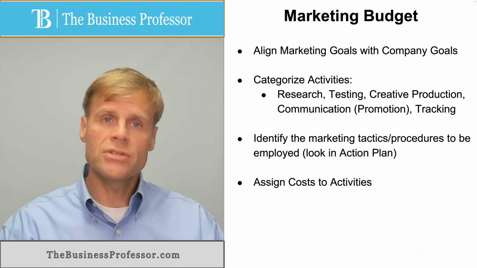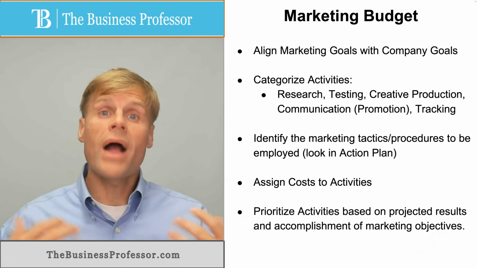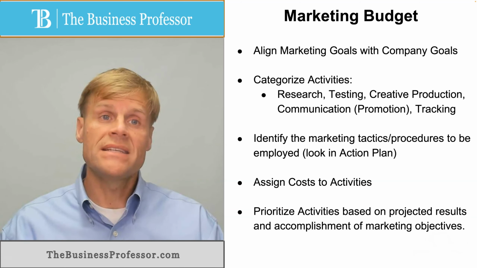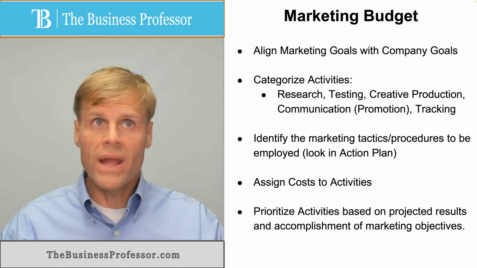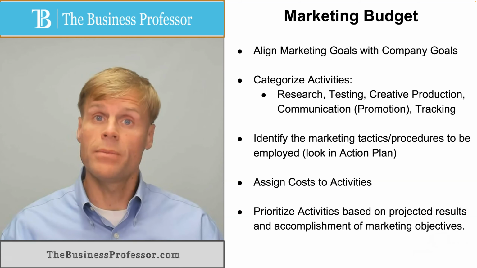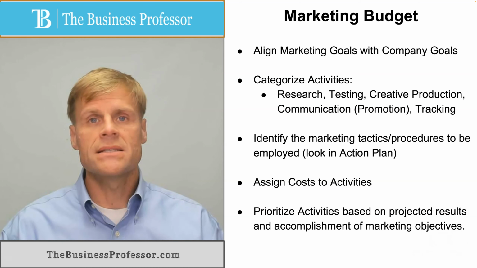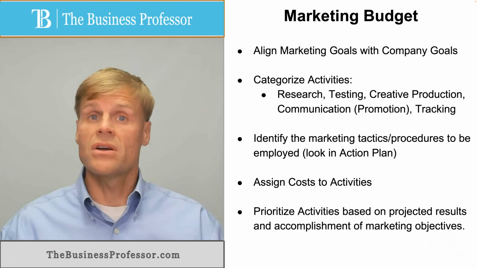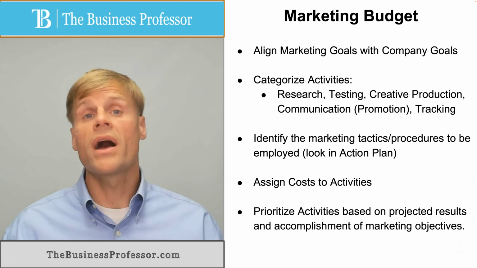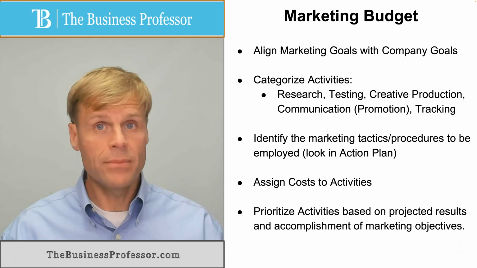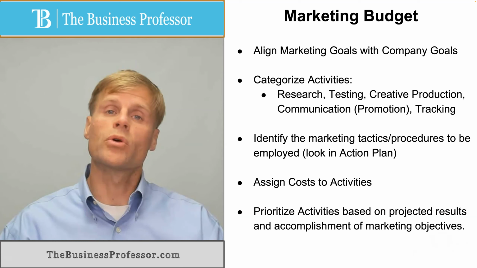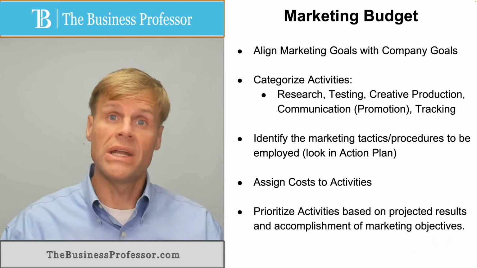The next step is to assign costs to all of those activities, those procedural steps in the action plan. What will they cost the company? With these numbers, you can then begin to prioritize the activities that will create the greatest value for the company based upon the budget. Because in most cases, any department that wishes to undertake such a campaign, they do not have an infinite or unlimited budget, which means of the available resources that you have, that is money,